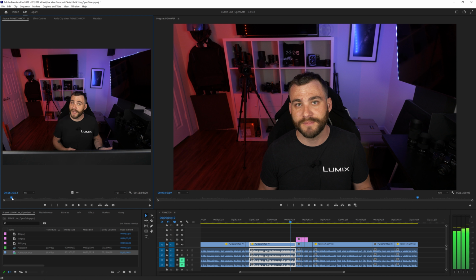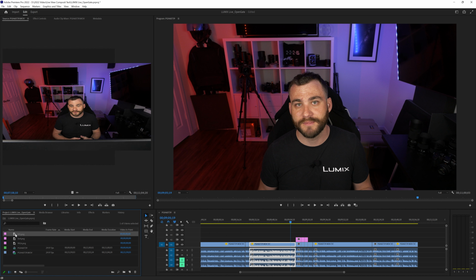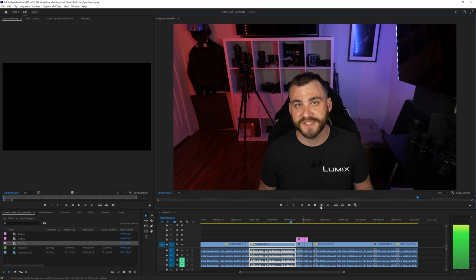So I start with this as my base. Now, much wider than I would normally ever shoot, and as you've been watching so far, there are some advantages here. But when it comes to showing these different effects and how this works, I went into Photoshop and created a couple simple PNG files that are the different aspect ratios that I want to show. So when we go back to the main timeline here, if I start playing this,